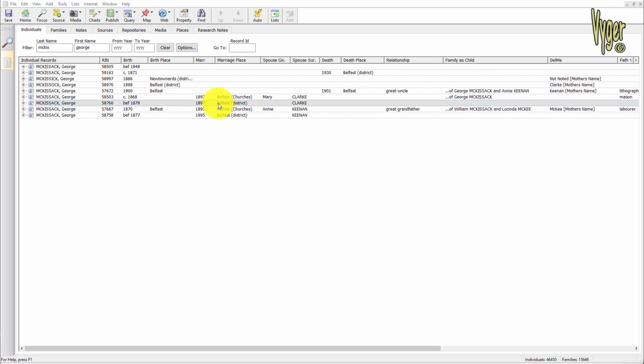I can see here that this George, I know that his father was also George, and I also see above here that I have a great uncle who was the child of George McKissick and Annie Keenan. Again, if I look over here, I can see the spouse surname is Keenan. These are all clues. Let me go through the things I can't display in RootsMagic that I find very helpful,